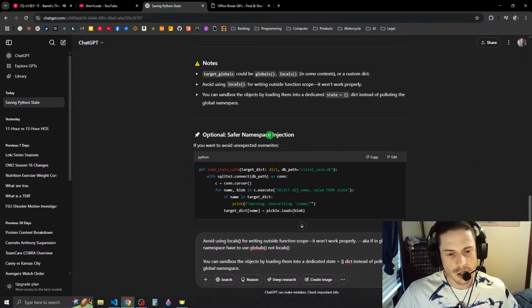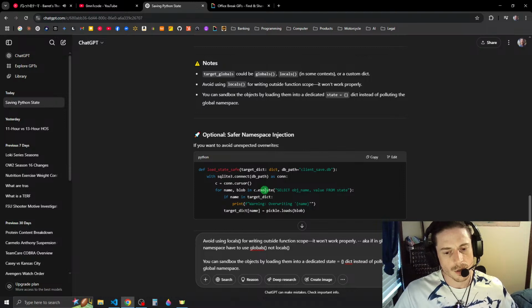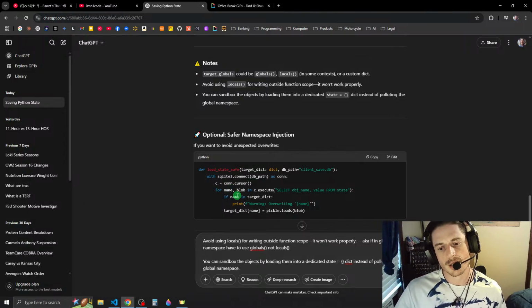Optional, safer namespace injection. If you want to avoid unexpected overwrites: for name, blob in c.execute, select object name, value from state, if name is in the target dictionary, okay, it just gives you the warning.